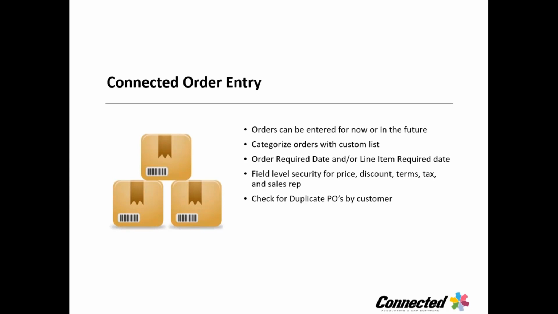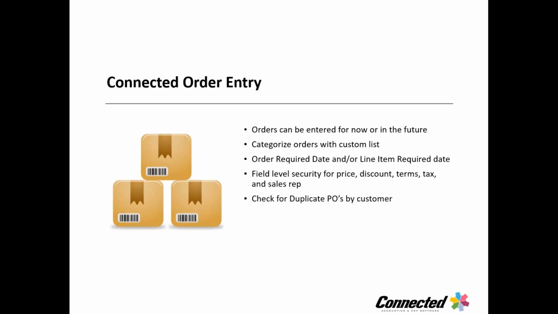Order entry in Connected is pretty detailed. It's one of the strong points of our program. It's something that a lot of entry-level programs have shortcomings in, usually in back order tracking and maybe printing specific forms, and so on and so forth. So Connected orders can be entered for today or in the future because you can put in a date within reason. It can't be dated too far into the future, but you can enter it now or into the future,